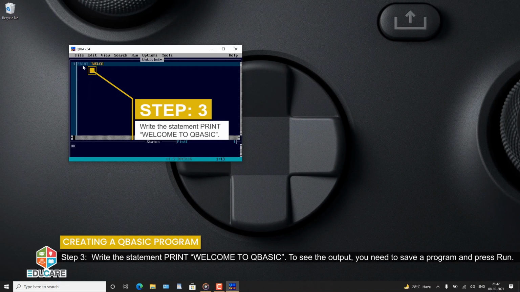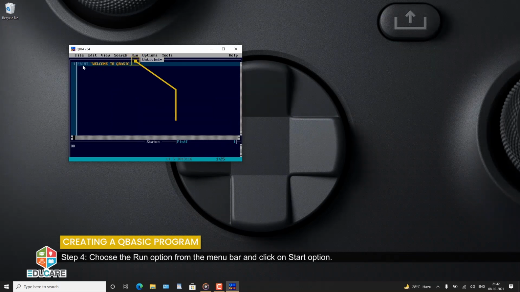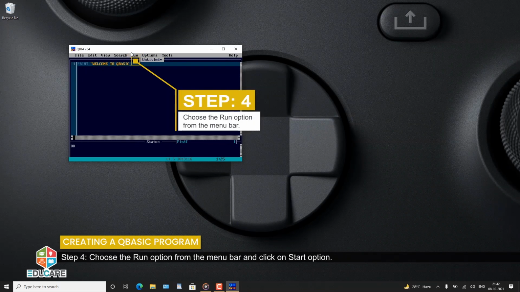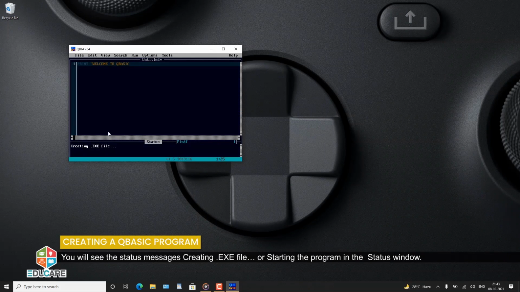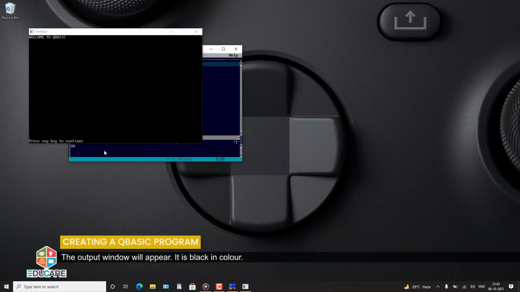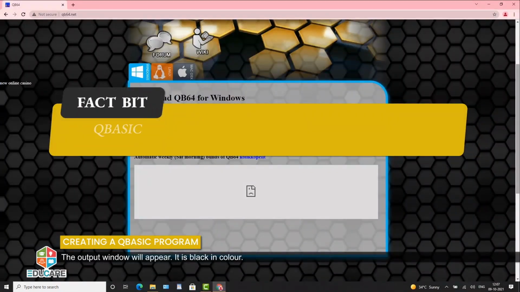To see the output, you need to save the program and press Run. Step 4. Choose the Run option from the menu bar and click on the Start option. You will see the status messages creating .exe file or starting the program in the status window. The output window will appear. It is black in color. Fact bit: QBasic software can be downloaded from the internet from